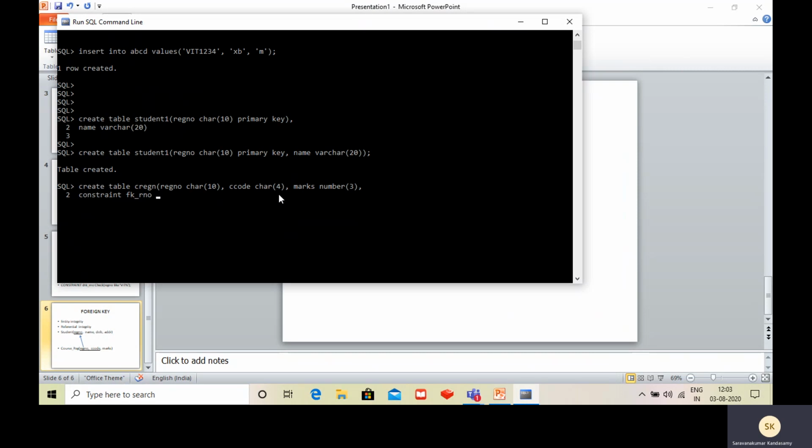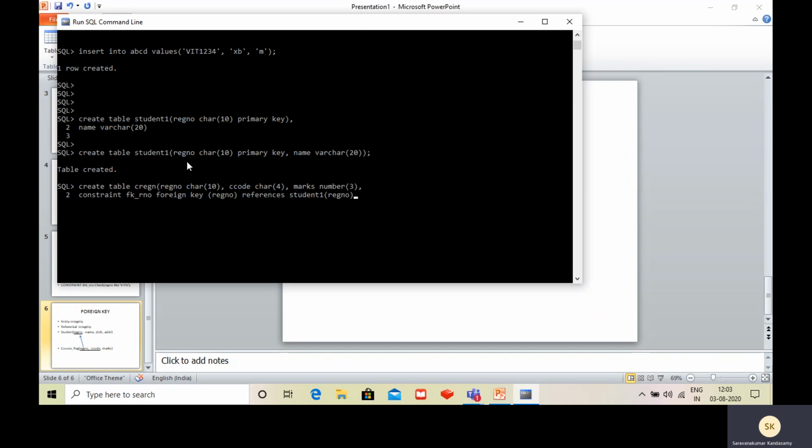Then the foreign key syntax is foreign key. The foreign key is register number, the attribute from this table, and the syntax is references. References what? It refers to the value of register number of the student1 table.